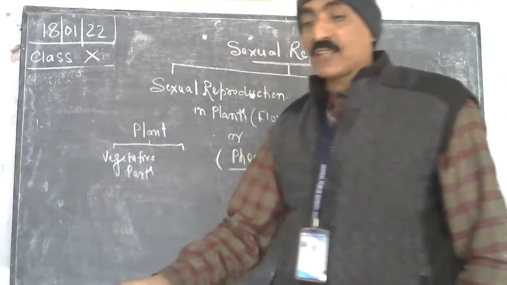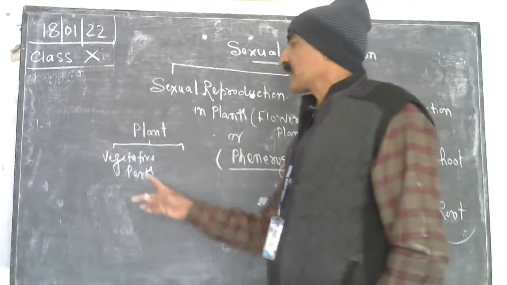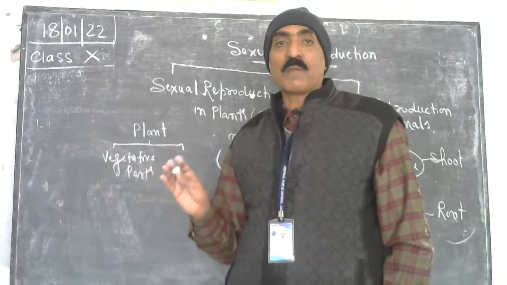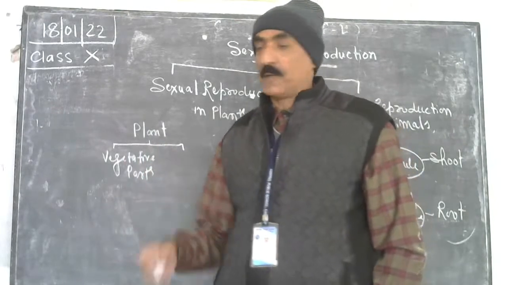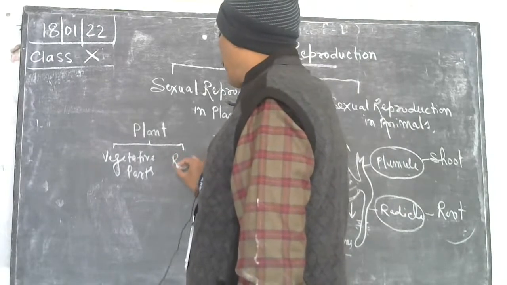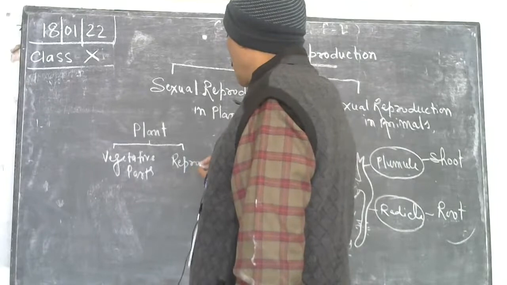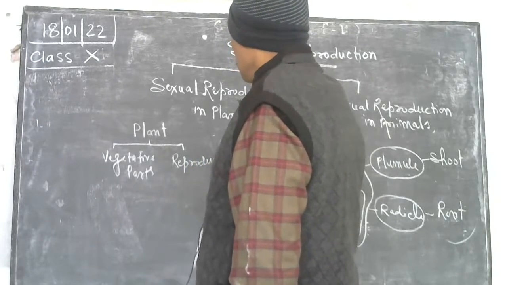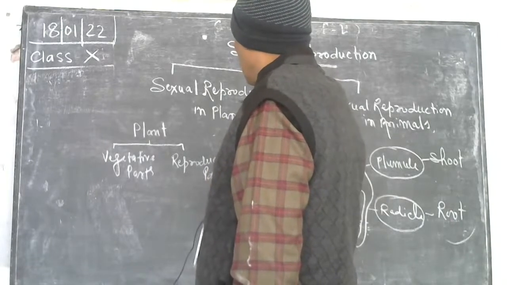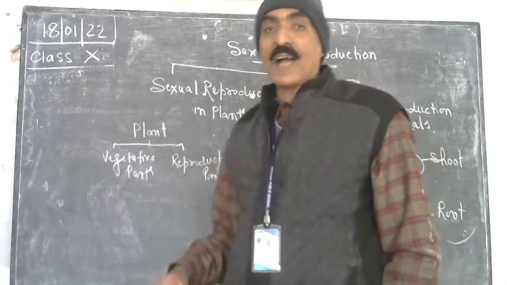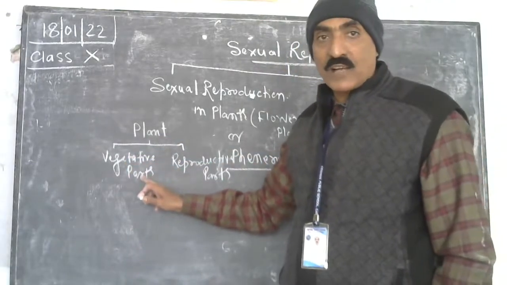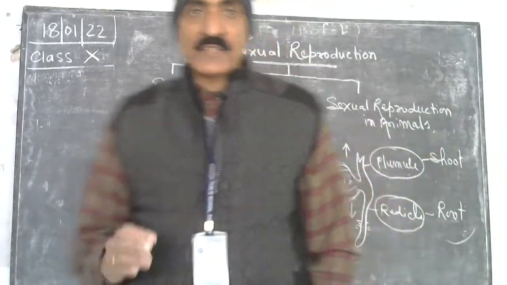अब हम लोगों ने कल asexual reproduction के बारे में बताया था कि if reproduction occurs through the vegetative parts, that is called vegetative reproduction, that may be naturally or by artificial way. दूसरा पार्ट है इसको बोलते हैं हम लोग रिप्रोडक्टिव पार्ट। अब रिप्रोडक्टिव पार्ट क्या है? तो प्लांट्स के दो पार्ट हो गए, एक है वेजिटेटिव पार्ट्स और दूसरा कौन हो गया? रिप्रोडक्टिव पार्ट्स। अब वेजिटेटिव पार्ट्स कौन हुआ?